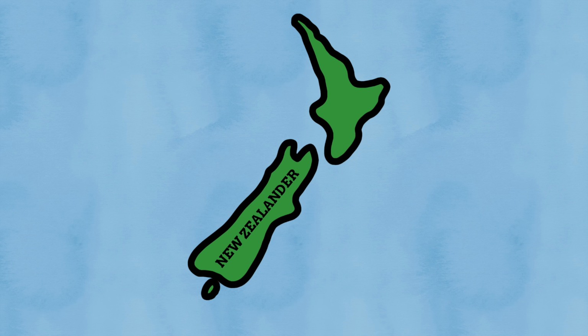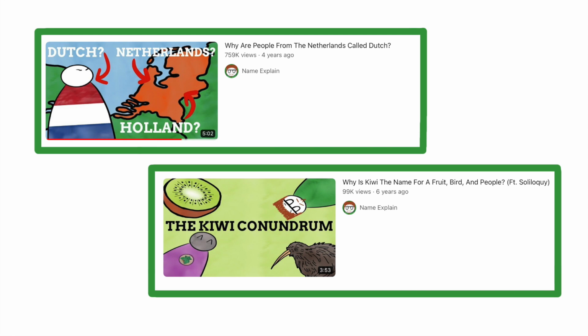And while the official demonym for someone from New Zealand is a New Zealander, the colloquial Kiwi is far more popular. If you are curious as to where these more unique terms come from, we have videos explaining them in detail created in years gone by. While these terms might be completely different to the country's names, they aren't ever debated. People know Dutch relates to the Netherlands despite the difference.